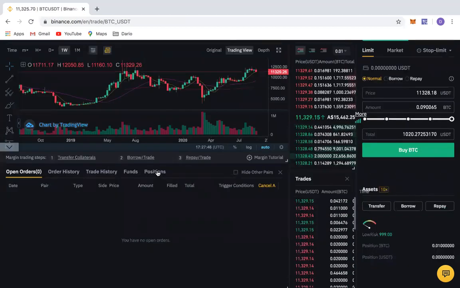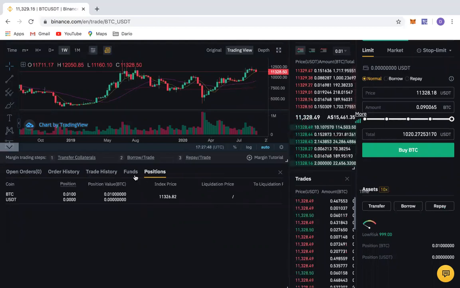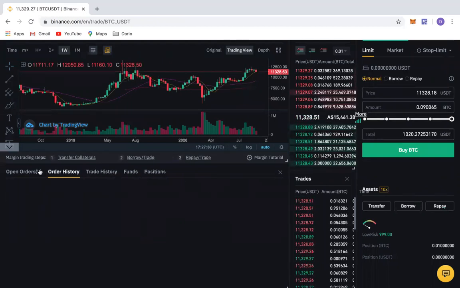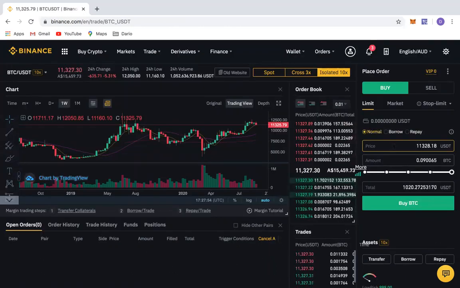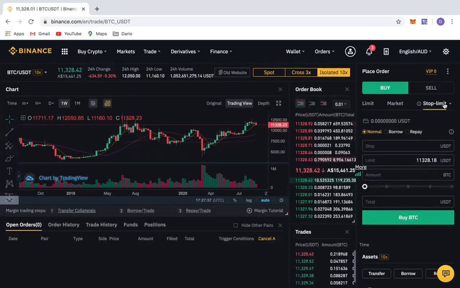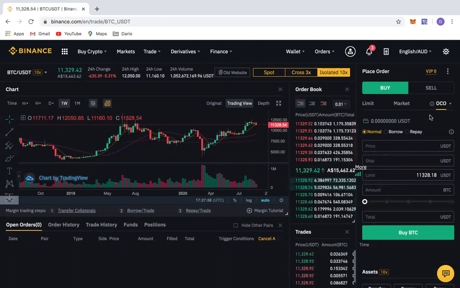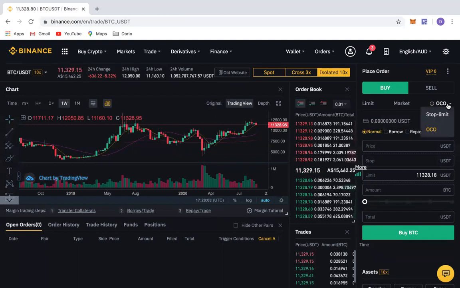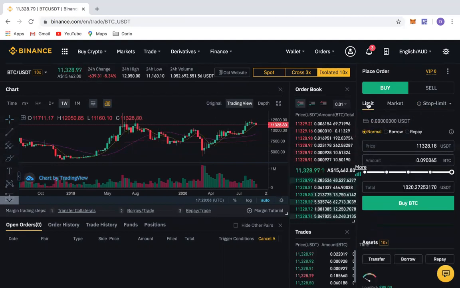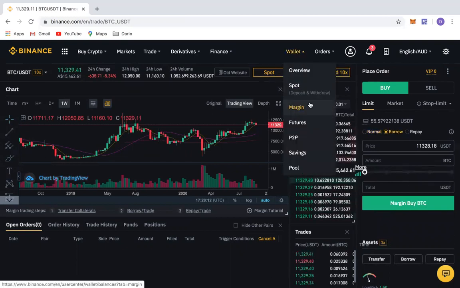Down here, you've got your position where you can see your liquidation, your funds, trade history, order history. Here you've got your risk, your position. You've got limit, market, you've got your stop options. OCO is basically you make 2 orders and 1 order cancels out another. It's really advanced stuff. I don't use that at all. So up here you've got 10 times, 3 times spot. And back here you've got your